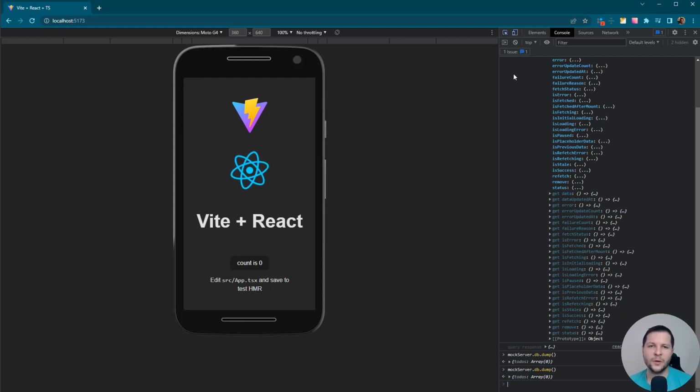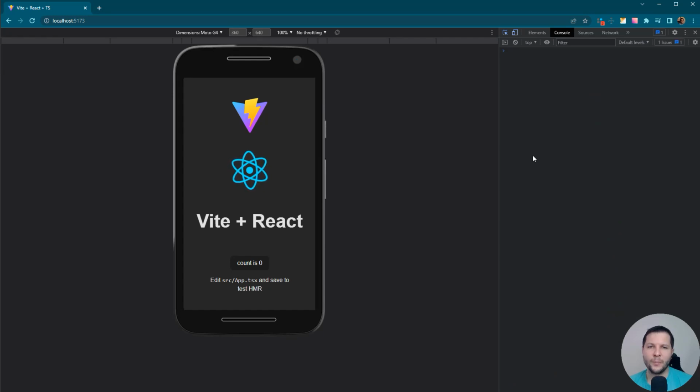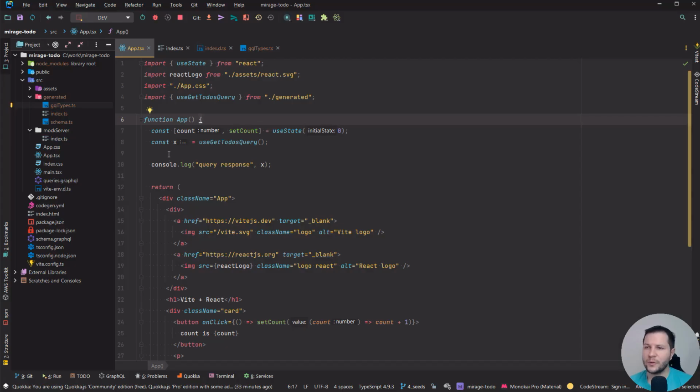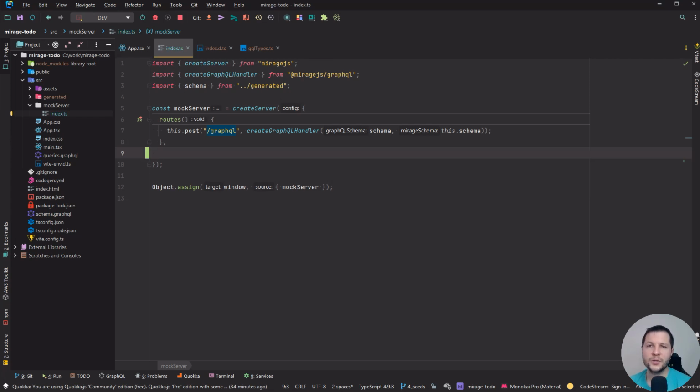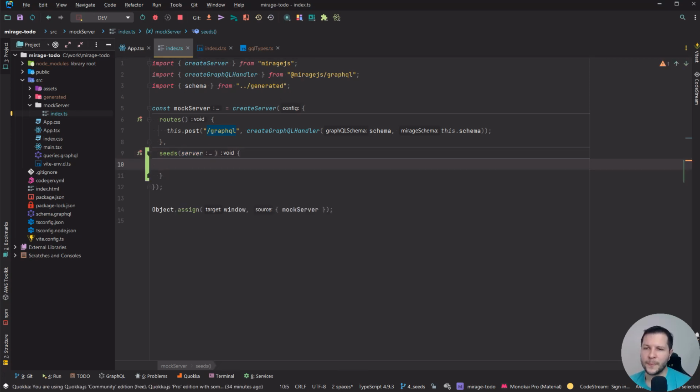So in this lesson, we will learn how to populate our mock database with actual to-dos and how to see them in the response. First, we need to navigate back to our mock server index.ts file, and we need to declare an additional property in our server configuration called seeds. Seeds is a function. Inside of this function, as a parameter, we will get the server object, let's say server, and then we need to say